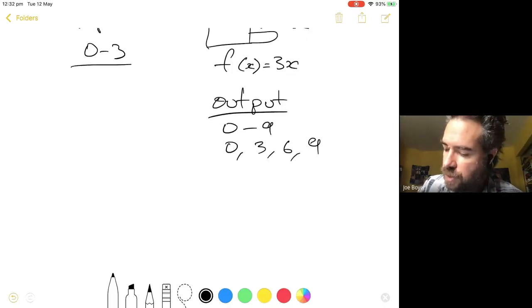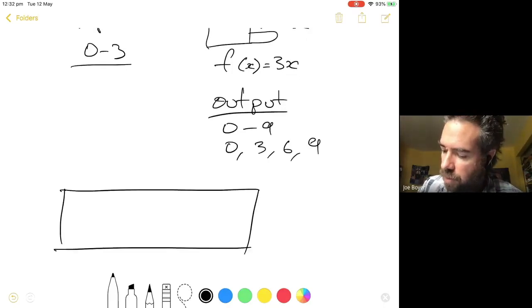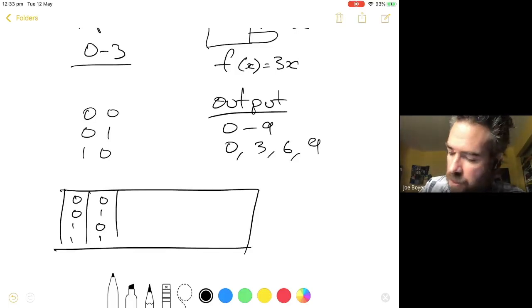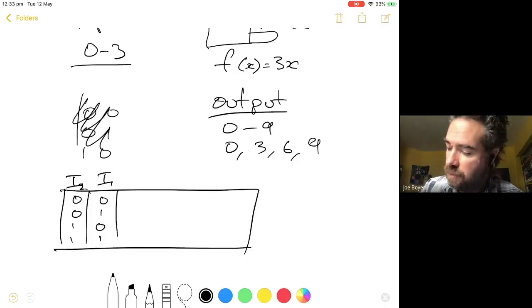How I'm essentially going to draw this up is an input-output table where we've got our inputs. To get 0 to 3, we can have 0, 0, 0, 1, 1, 0, or 1, 1. Those are our possible inputs, so I'm just going to put those into my table: 0, 0, 0, 1, 1, 0, 1, 1. If I'm labeling these, I could call them A or B or C or D or X or Y, but it's not always clear what inputs and outputs are. So I'm going to call this input 1, I'll call it input 2 and input 1. So essentially, these are my 2 binary inputs,